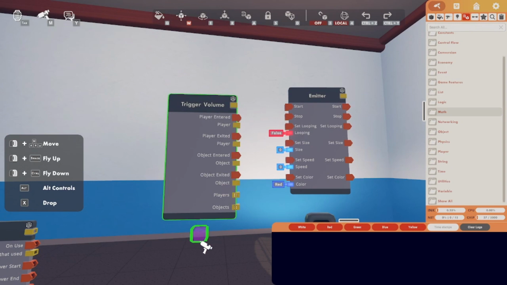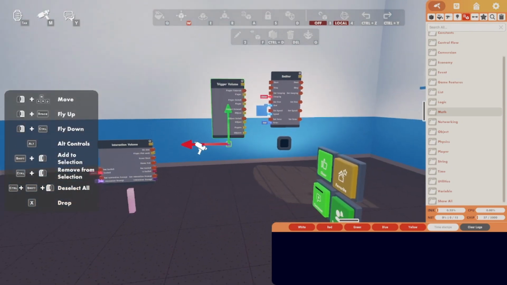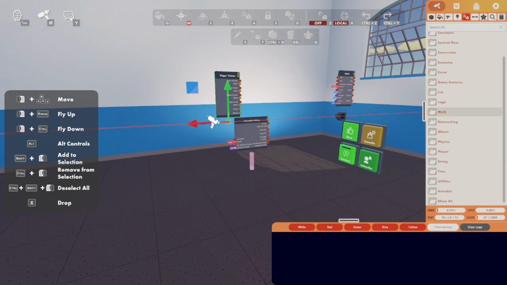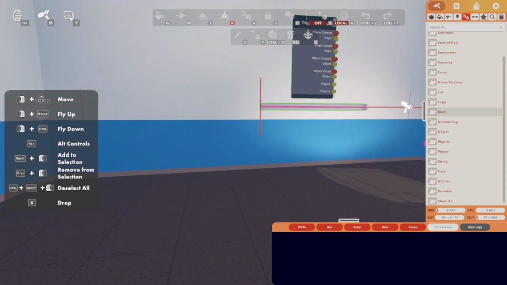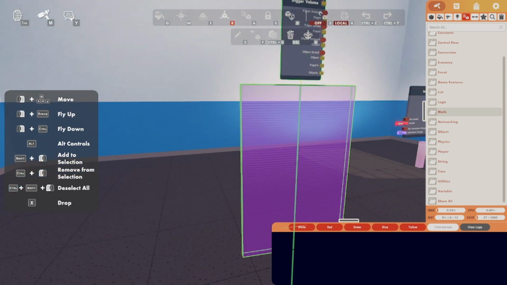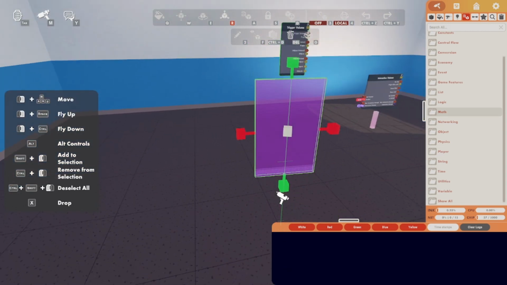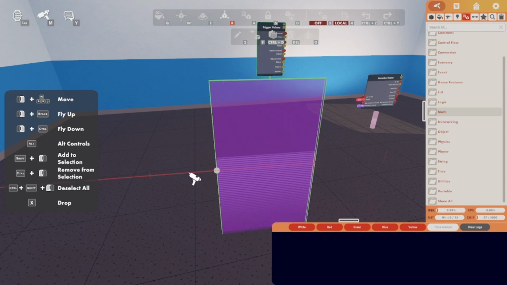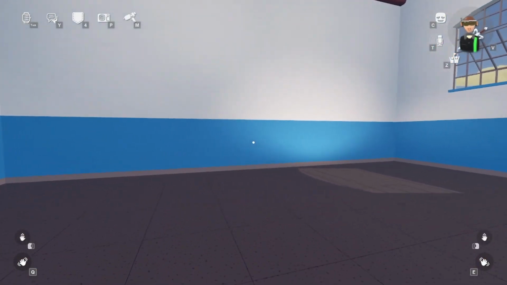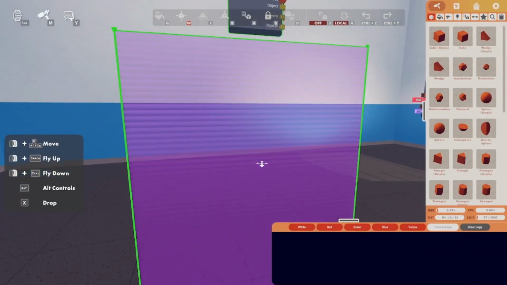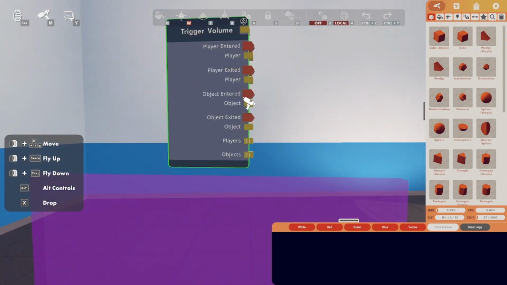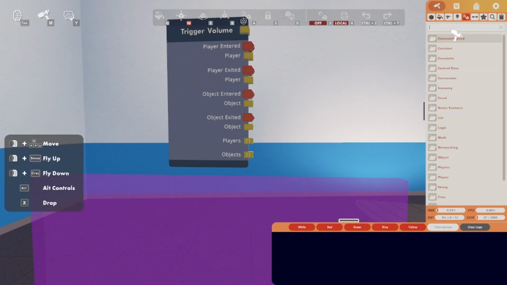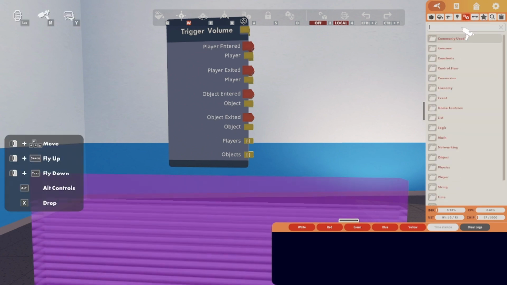Now it's time for the trigger volume. I think this is the most useful out of all of these, besides maybe the interaction volume. So what it does is, it's basically, it detects touch. So if you wanted to make a key, this is what you would use. If you wanted to make like a thing that senses when a player walks through it, this is what you would use. So let's say player entered, and let's make a little system with this. So we're gonna need